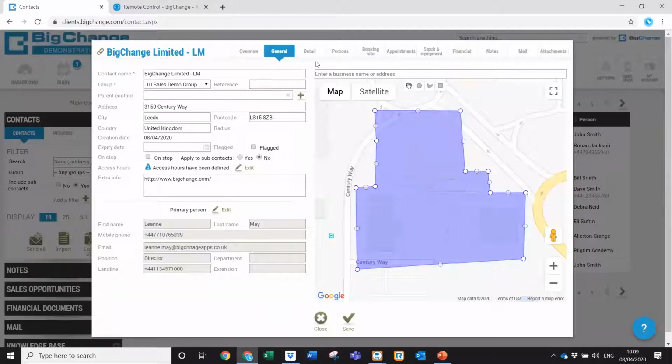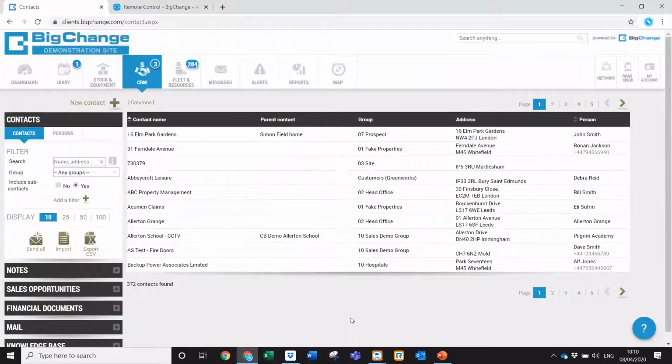Other information, so if this is just a new contact, nothing else will be in here. So we'll just save this one and come out of that contact. What I want to do now is search for a contact. So I might say, okay, we've got 372 contacts on here. Going back to the groups,